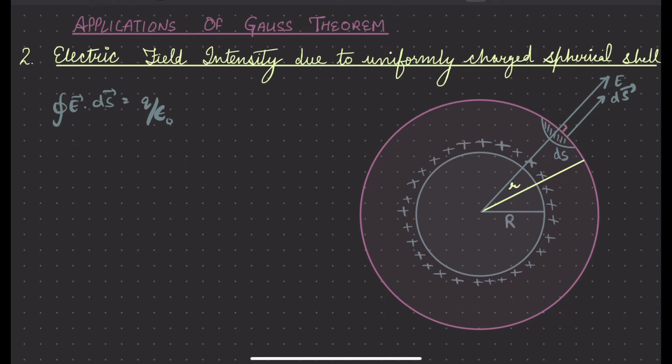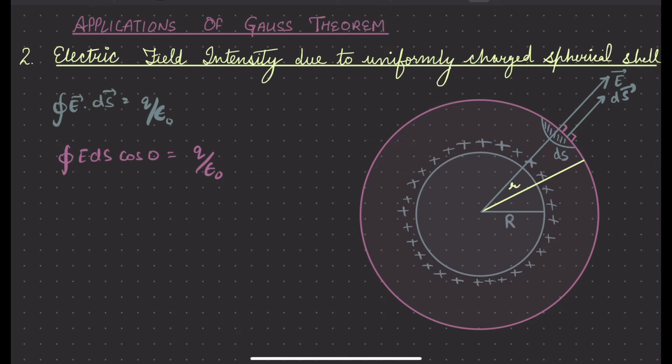Also, the area vector leaves the surface perpendicularly. So the angle between E vector and ds vector is 0 degree because both are leaving the surface normally. Therefore, we can say closed integral E ds cos 0 is equal to q upon epsilon naught,